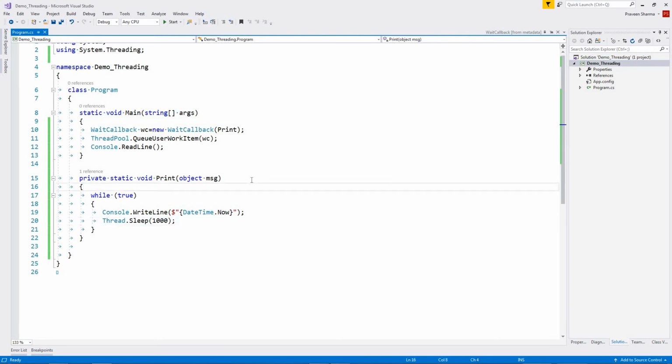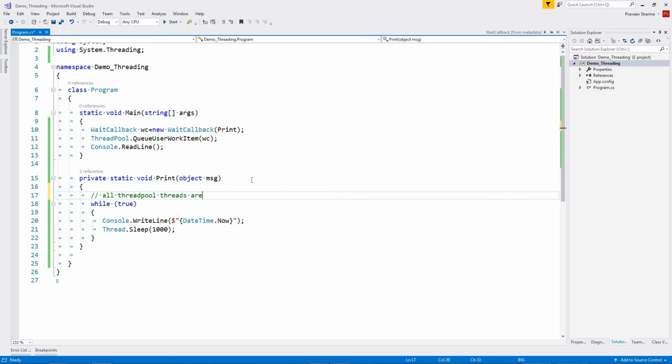One thing to remember is that all the thread pool threads are by default background threads. You know what background threads are, we talked about them in the first video of this series.